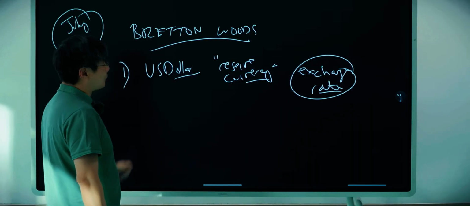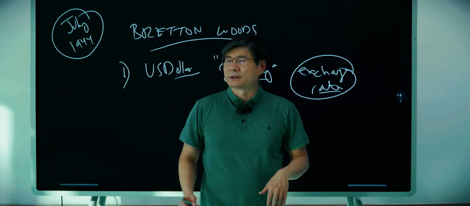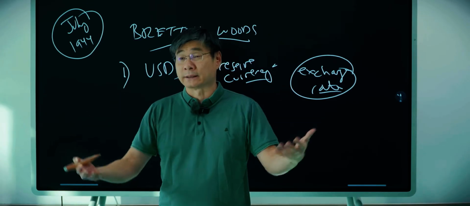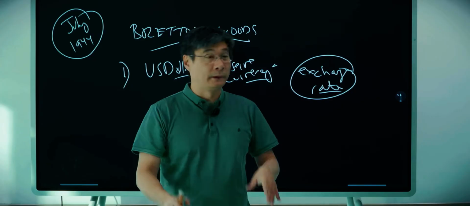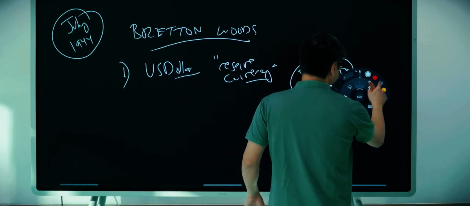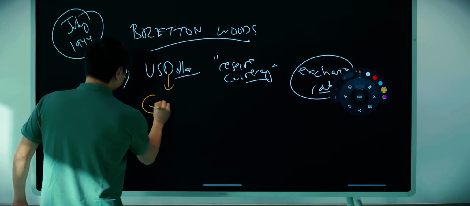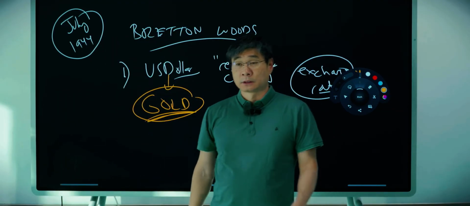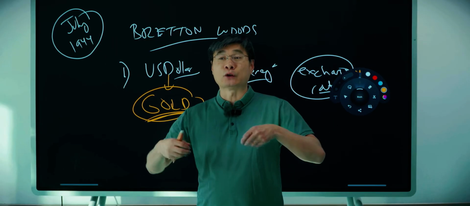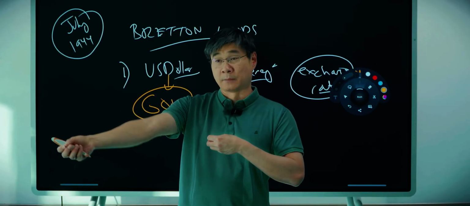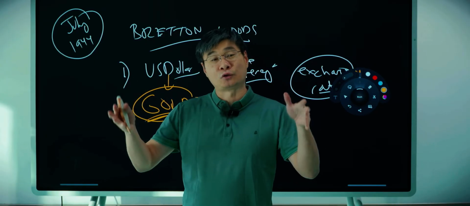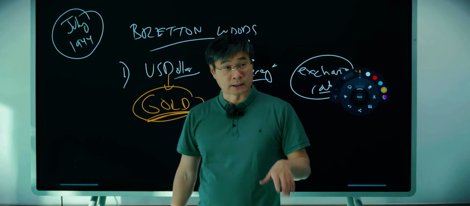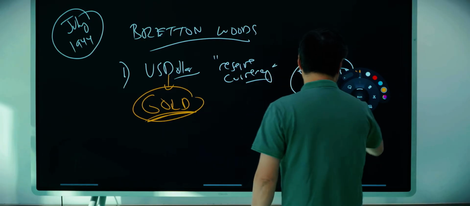Okay. So now you're like, wait a minute here. If this is true, then the US dollar, the Americans can just print as much money as they want. And so to solve this problem, the Americans said, the US dollar will be pegged to gold. Okay? Does that make sense? Okay, meaning like you can always take your US dollar and change it for gold. And because there's a limit to gold, there has to be a limit to the US dollars, which keeps the system stable. Okay? All right, that's number one. Number two is